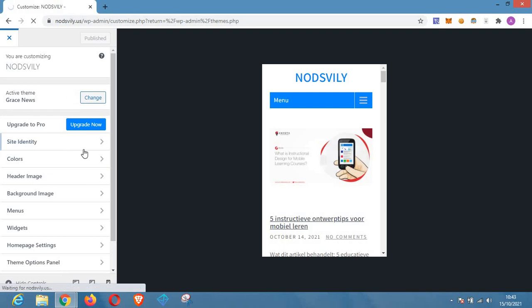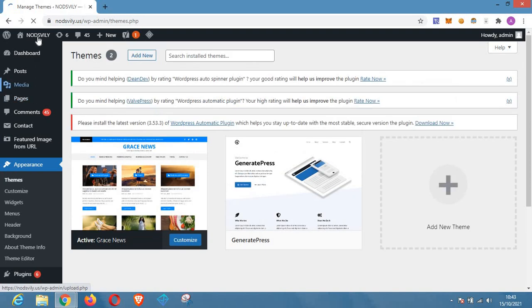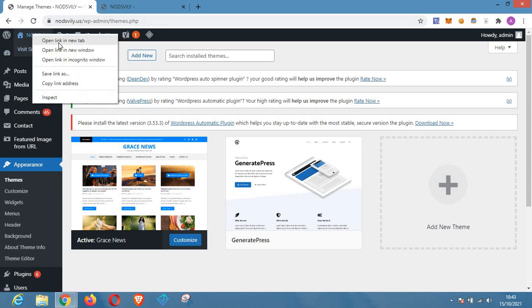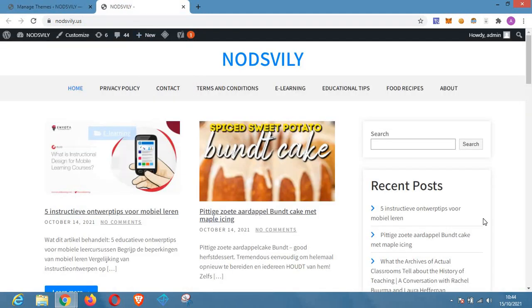Let's go back and then I show you guys how you can do that. Once you go back to your dashboard, you need to open your website by typing in your web browser or clicking on this button right here, and then you open a new tab. As you can see, open link in new tab. Then you wait for the site to load up. To do this, it is very, very easy. You need to just click on any part of the page